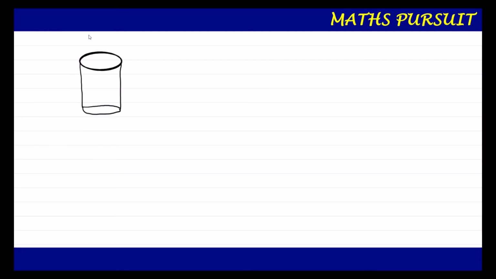So the total number of marbles in the jar is equal to 24. This is being given in the question. If a marble is drawn, now a jar contains 24 marbles. Some are green and others are blue. So we do not know the number of green marbles and we do not know the number of blue marbles.